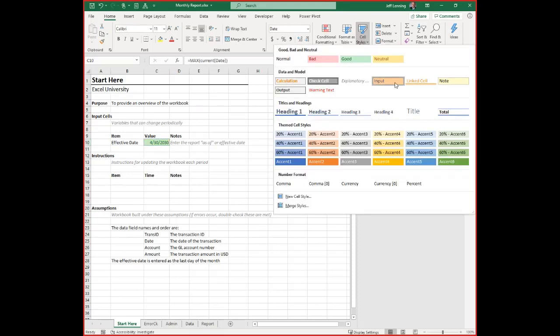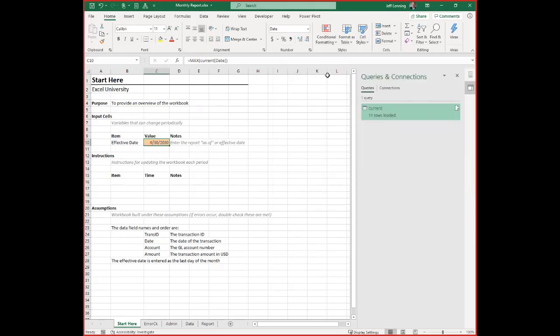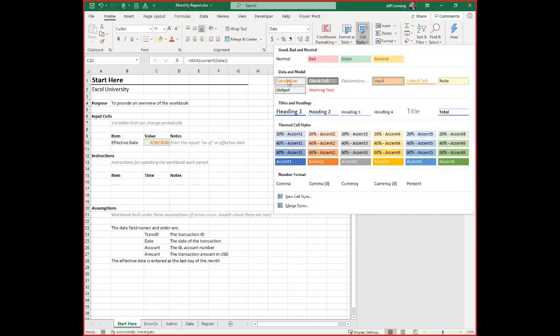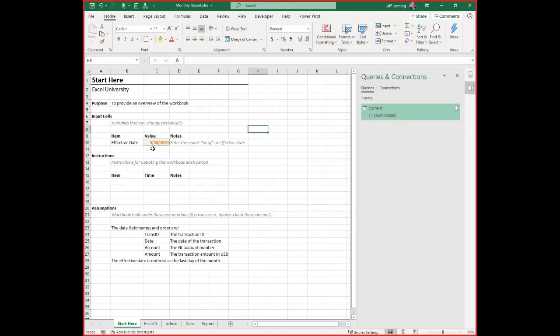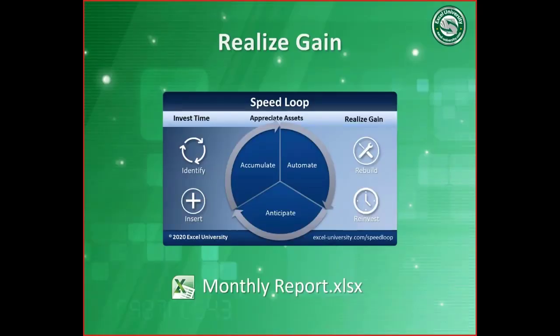All right, and finally for this input cell, I usually like to use these cell styles. To me, this input cell style means, hey Jeff, a manual input is required here. But since we've automated that, what I'm going to do is change this to calculation. That's just an optional step, but that's communicating with me, hey, hands-free, this is a formula, don't type anything in there. And we could use worksheet or workbook protection if we need to, but that's the basic idea, okay? So let's head back to here and go to the next step,